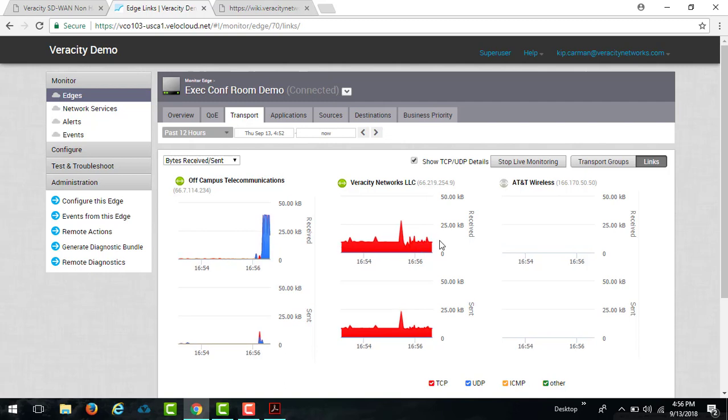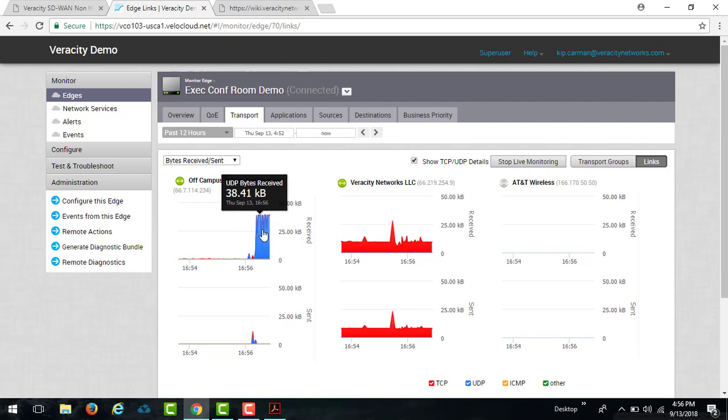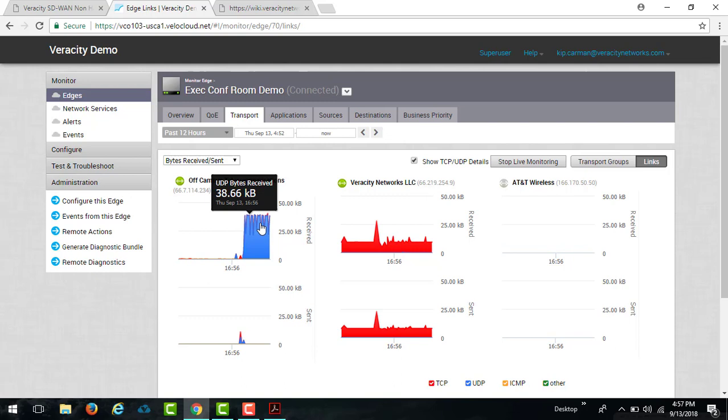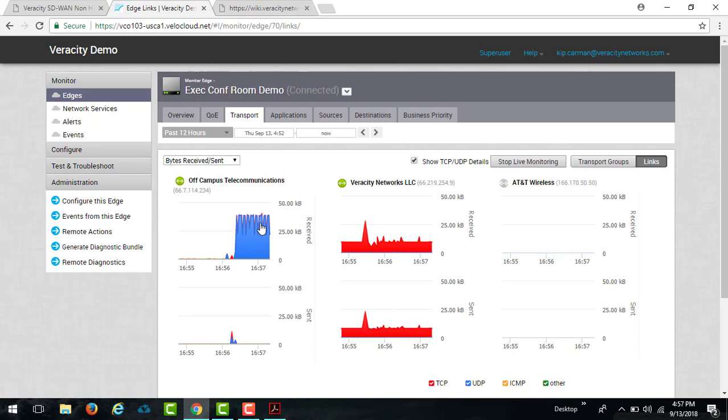So I just made a phone call from the phone out to the public switch telephone network, and you'll see here that off-campus telecom is now carrying that voice traffic. We went from next to no traffic to 34.41 kilobits per second, and that's UDP traffic, and UDP is the connectionless protocol that's used when we're doing voice over IP calls, when we have an active call where we're exchanging voice communication. So what I demonstrate now is I will actually, on the VeloCloud Edge device, go physically to the secondary connection, and I will unplug that connection, and